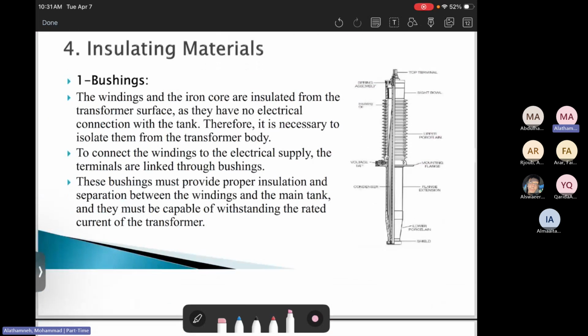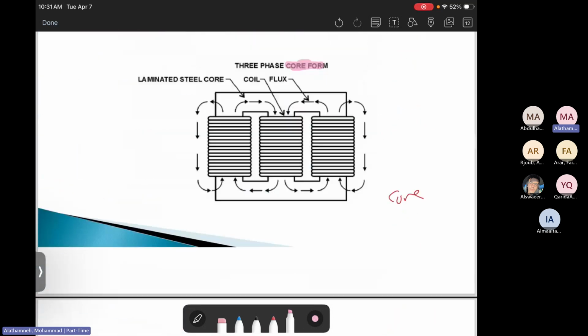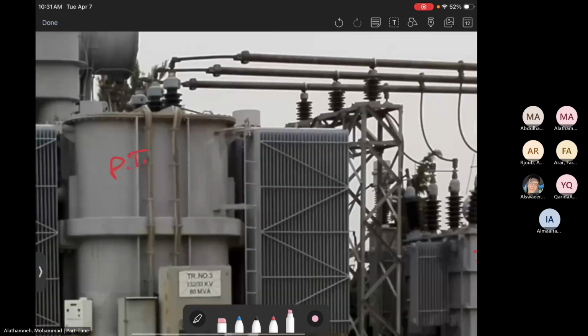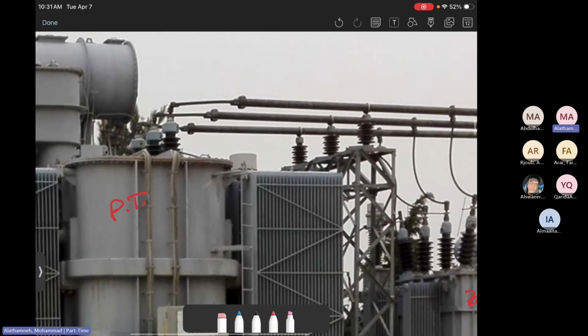Insulation materials. One of the insulation materials in the transformer is called the bushing. Let me show you one picture of a power transformer, then we can let you know. So look at this one. There are bushings here, 1, 2, 3 bushings for each phase. When you look at these bushings,